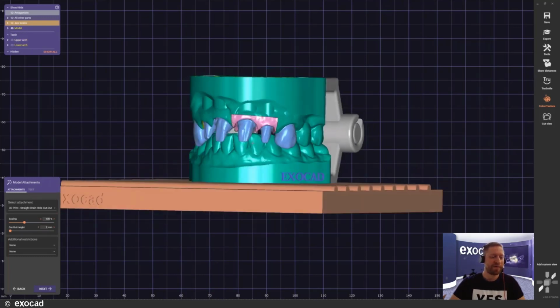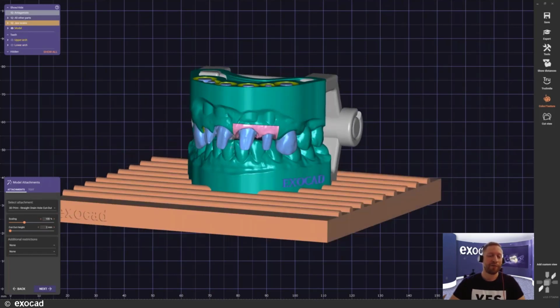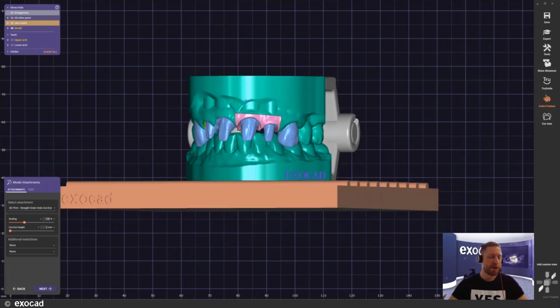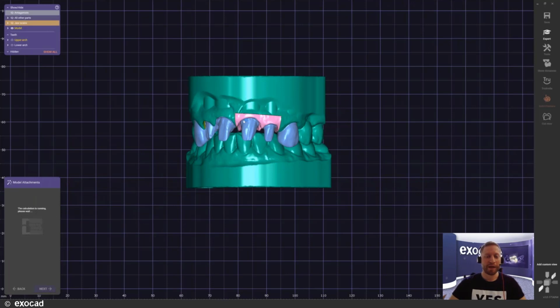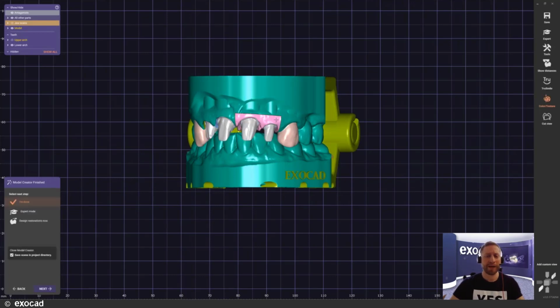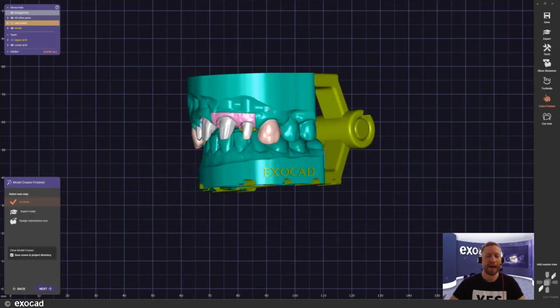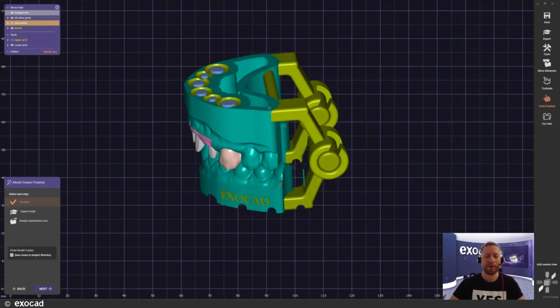So with that, I'm very fine. We also have our additional restrictions for movements down here, but you've seen those in prior versions as well. So I'm just going to run the model at this point, click on next. The model is being calculated. You can see how the rendering kicks in, and it's trying to smoothen out parts, taking all the parts that we actually put together here. And here is our finished product.